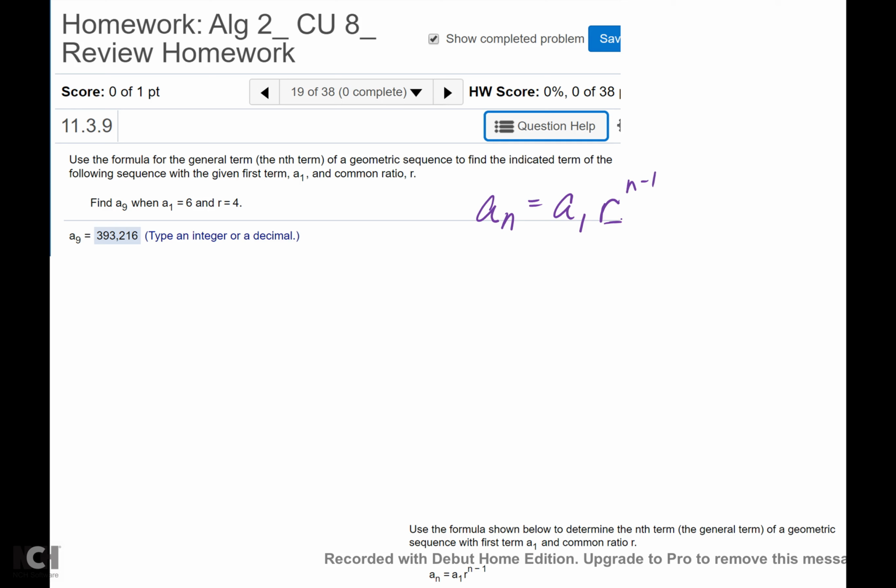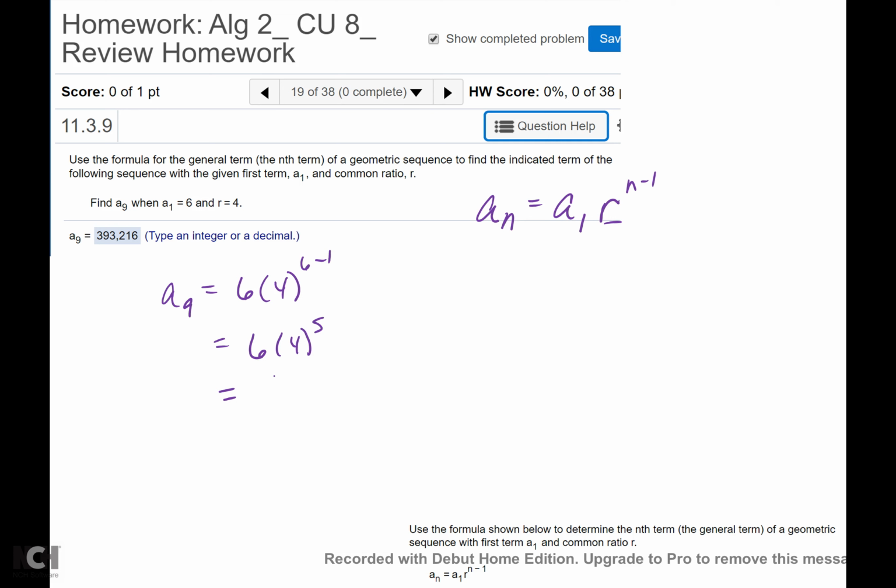Okay, just like the arithmetic, but it was n minus 1 copies of the common ratio, r. Okay, so this one says find a sub 9 when a sub 1 is 6 and r is 4. You did 6 times 4 to the 6 minus 1. So you're going to do 6 times 4 to the 5th. You got to type 4 caret 5, enter first, times 6, and you get